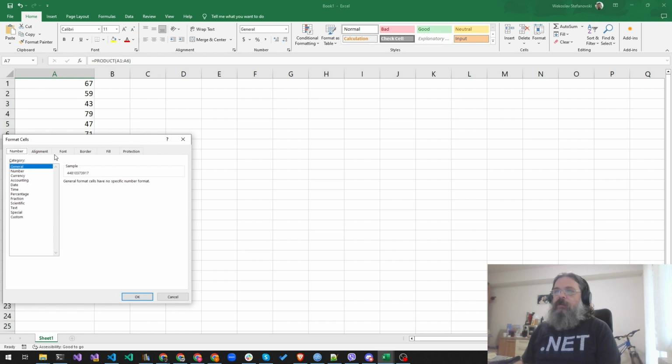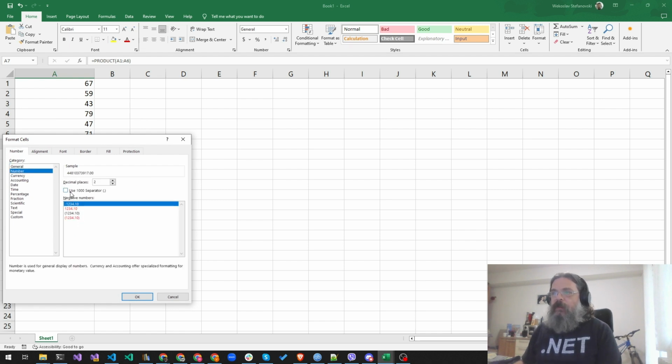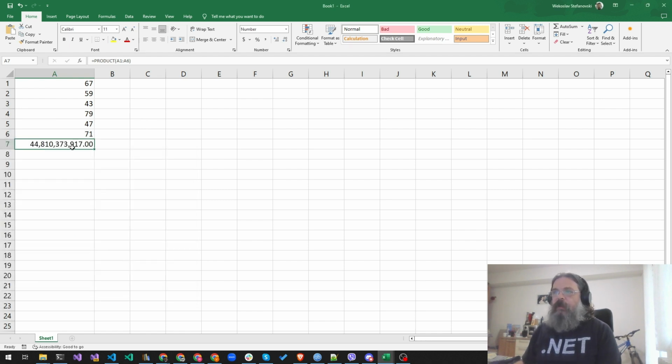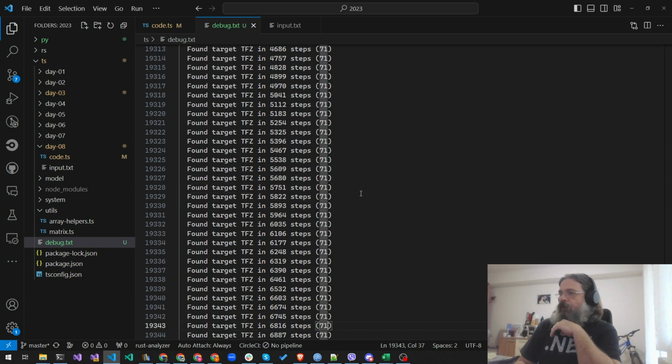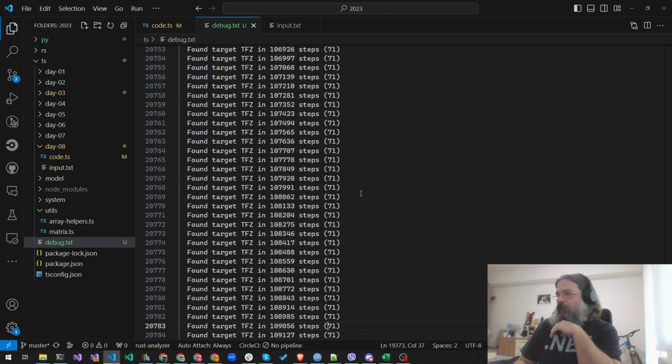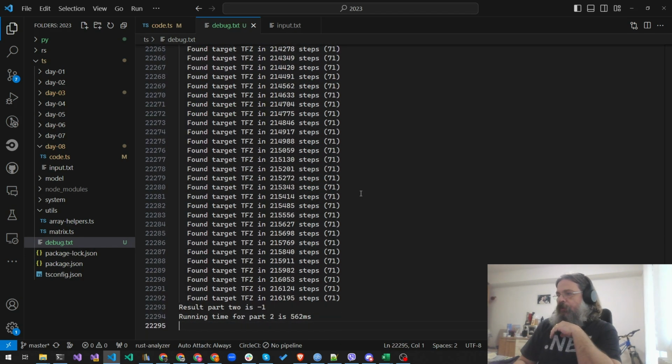Let's format it and say this is a number with 1000 separators, so we can see that it's 44-ish billions. Yeah, so that's the case. So now we're gonna need to do some calculation. And since the weird thing is